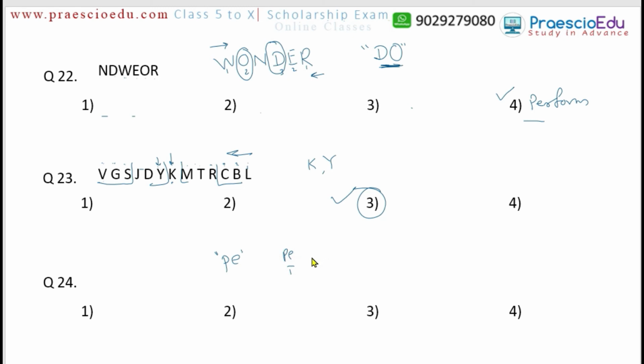Then completely, there is PL. Then paper. In paper, PE is there. So this is the second. Then prior, there is PR. Then to, the, prescribed, and then period. In period, PERIOD, so there is the third one. So PE is there. So this is the third one. So we found three times. So that's why in option number 1 there is the mention of 3, that is the correct one.